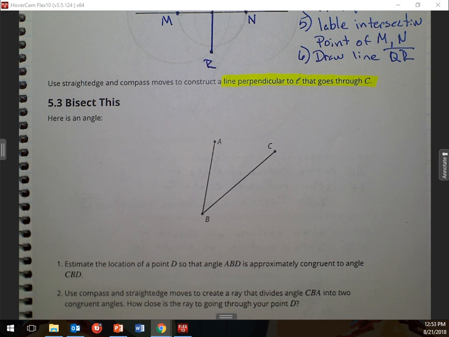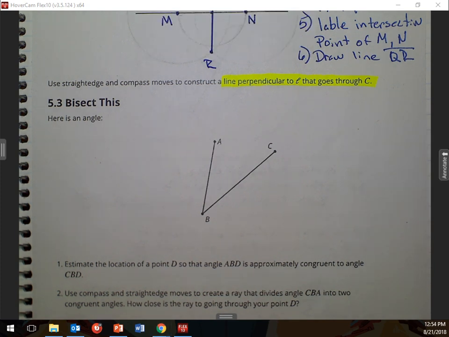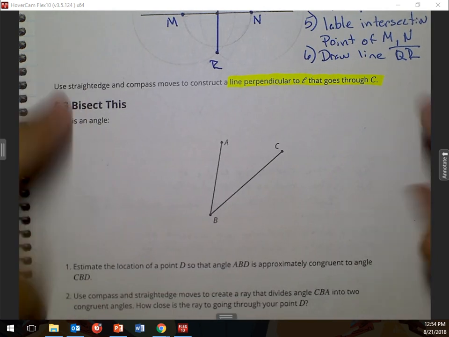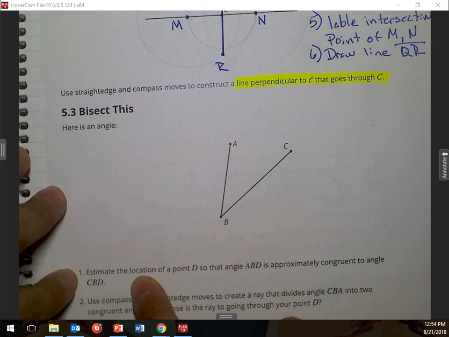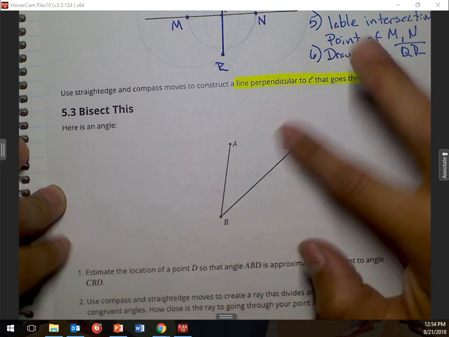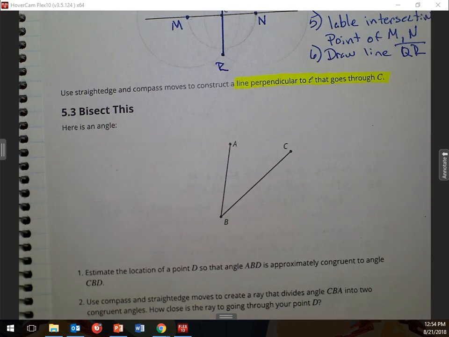All right, so now for this right here, we're going to bisect an angle. Again, this one actually doesn't give you, so it says right here, estimate the location of point D so that angle ABD is approximately congruent to angle CBD. So it's asking you to cut this into equal pieces. So if you're paying attention,